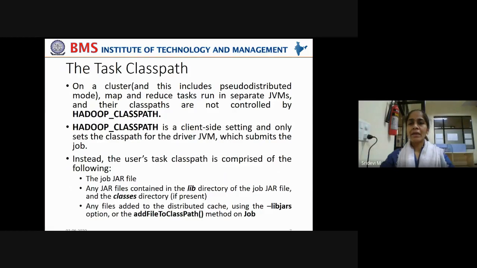Now on a cluster, and even in pseudo-distributed mode, map and reduce tasks run in separate JVMs, and their class paths are not controlled by HADOOP_CLASSPATH. That is because a cluster has multiple nodes running various MapReduce jobs. HADOOP_CLASSPATH is a client-side setting and only sets the class path for the driver JVM, which submits the job.